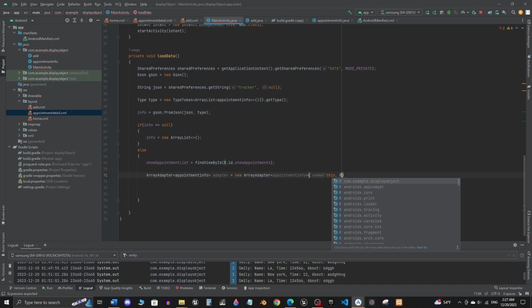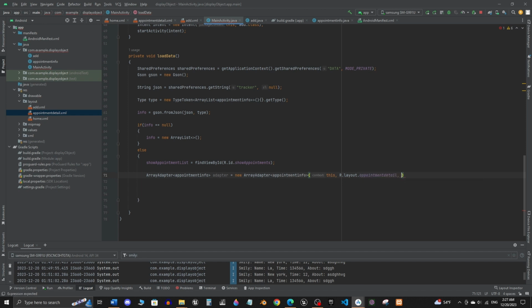So let's go ahead and type R.layout.appointment detail. There it is. And the third parameter is going to be the array of object, which is the info. So that's how the first line is going to look like. And this is a function, so let's go ahead and put this. And the first thing we're going to do is trigger a function. So first we are going to have override, and then we are going to have public function, which is a view type, and it's going to be called get view,